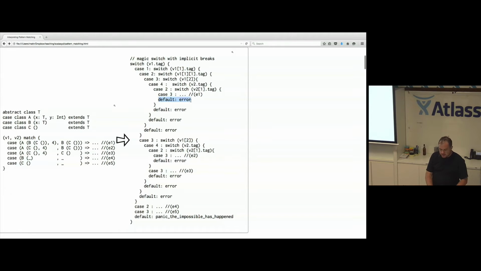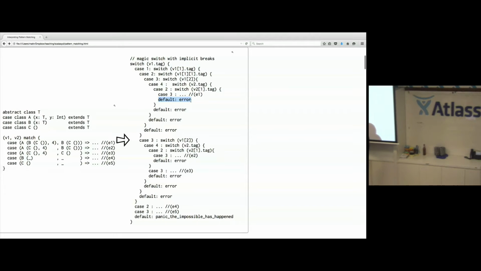Now, the default is important here because this is not a complete pattern match. And so a pattern matching compiler, I think it's really neat to see what it does, is that it puts pattern match errors in all of these default sections. So if I was in Scala, this would be, I can't remember what the exact error is, match error and then a stack trace is what comes out at error. And you can just bung all those in, they're all the same everywhere. And they get put into exactly the right place. And down the bottom here,